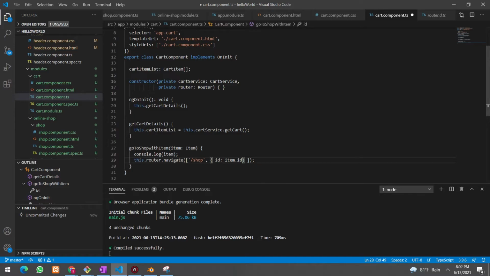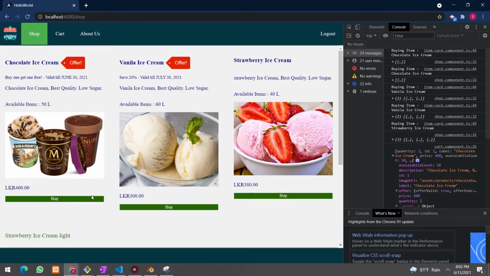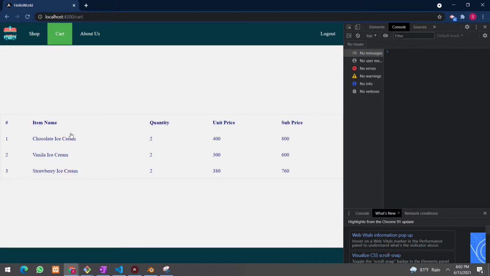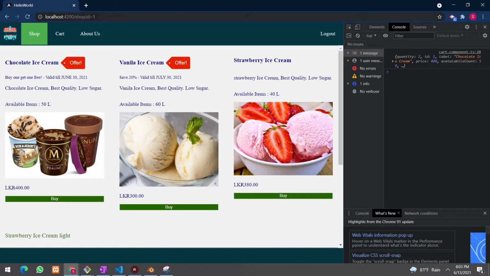Now you will see, when I save this application, what will happen in our demonstration. I will go into my shop cart and we'll add some items to cart. Let's navigate to cart. Now I'm going to click on chocolate ice cream. If I click on chocolate ice cream, see the URL area above, you can see that when we go into